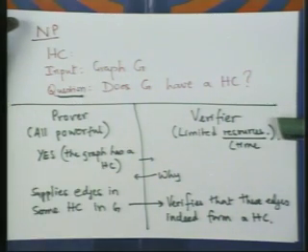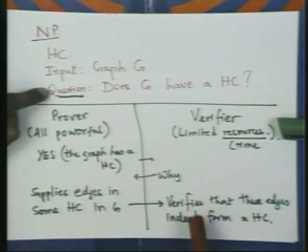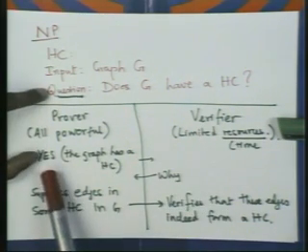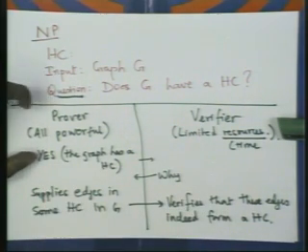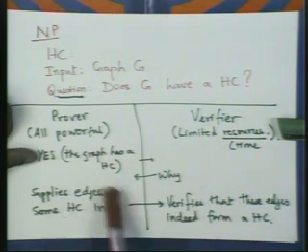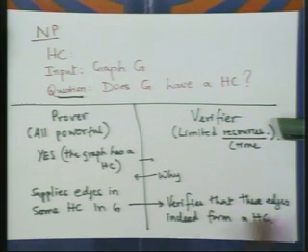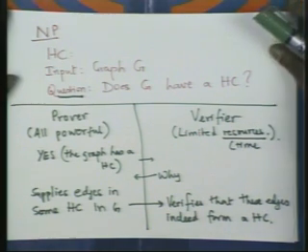Let's go over it again. The prover says yes to this question. Okay, and to supplement his statement, he supplies the edges in some Hamiltonian cycle in G, and the verifier looks at these edges in the Hamiltonian cycle, and it's easy for him to verify now that these edges indeed do form a Hamiltonian cycle. Okay, yeah, so